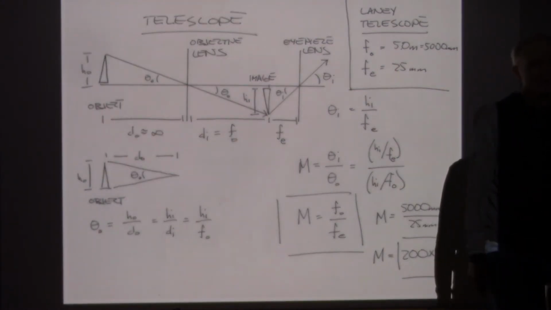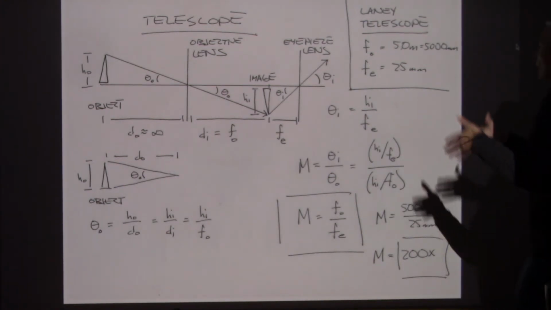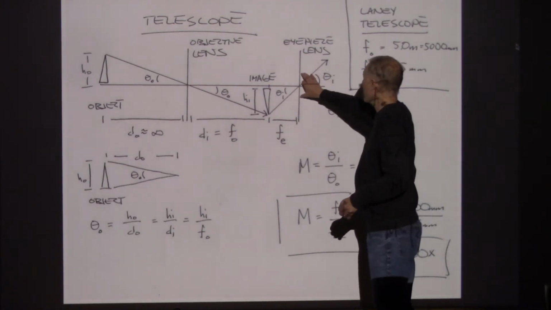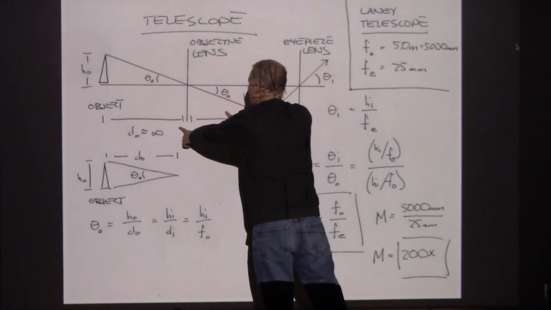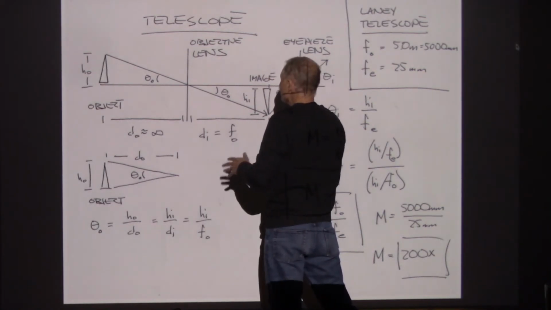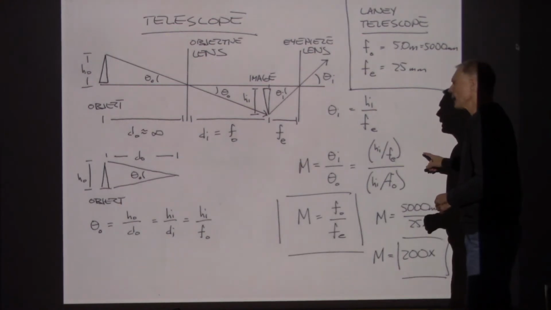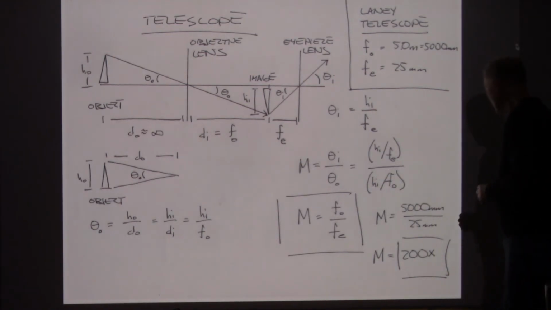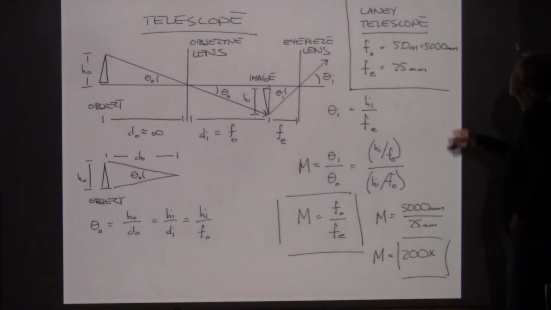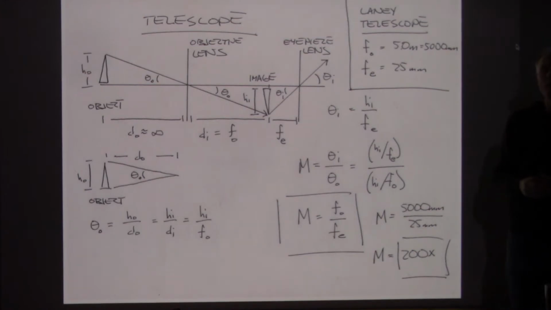And so, in some sense, this is the angular magnification of a magnifier, my eyepiece, times the magnification coming in from the objective lens. And so, that's the formula we get. And just to throw some numbers in, the telescope that we use, the telescope we have here at Laney College,